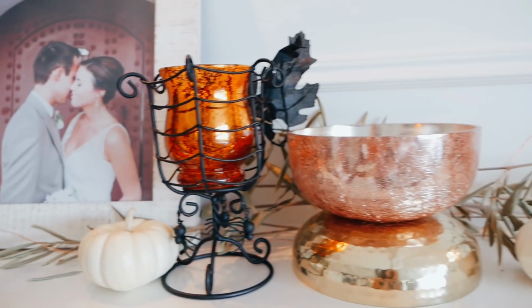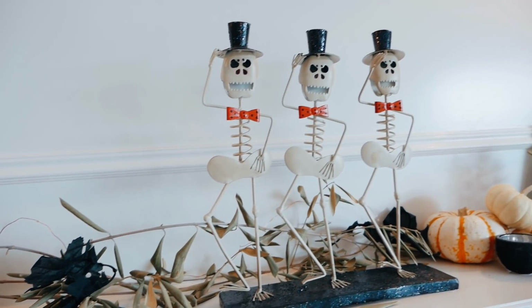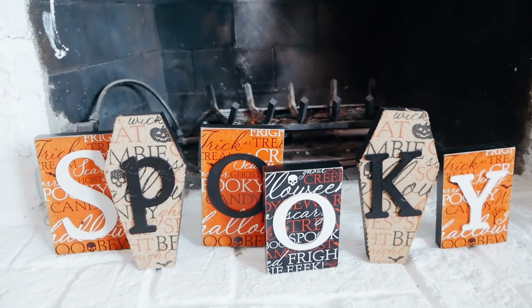That's down below too. And look at the cute decorations. Come on, it's so fun. It's so spooky. I really need to paint the fireplace inside. Do you see that? Okay, so next part of my routine, once I have my coffee, is I sit and